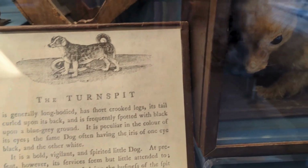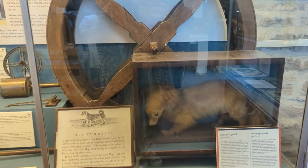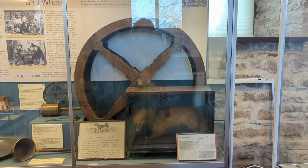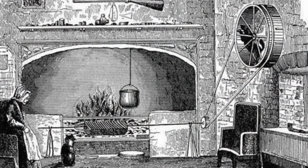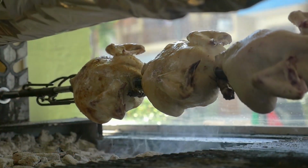So what exactly is a Turnspit dog? It's an extinct, short-legged, long-bodied dog breed that was specifically bred to run on a wheel, sort of like a hamster, called a Turnspit dog or a wheel dog. These little dogs were used to turn meat on a spit in the fireplace. A turnspit is also known as a roasting jack, which is a mechanical device that rotates on a spit or